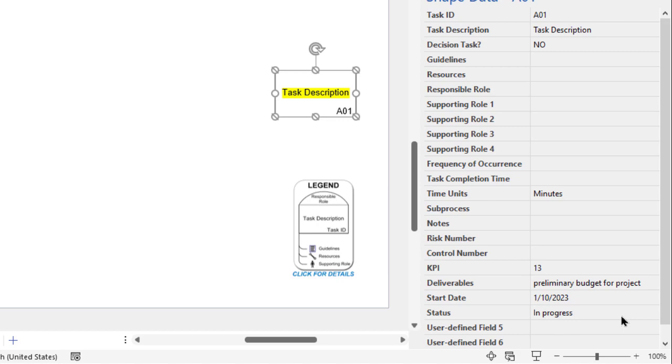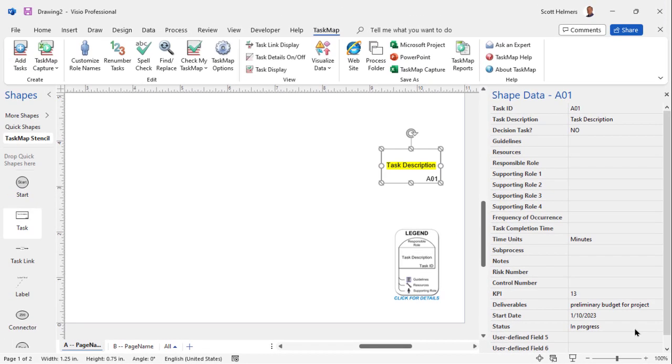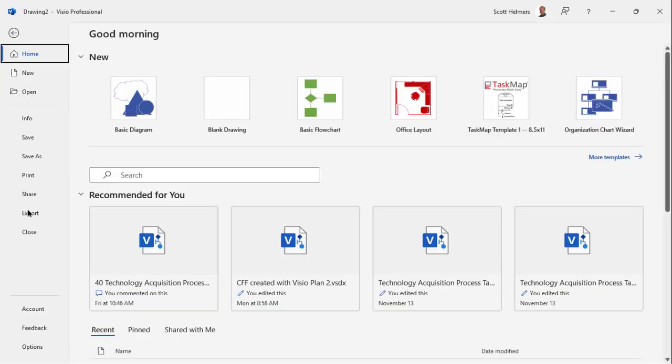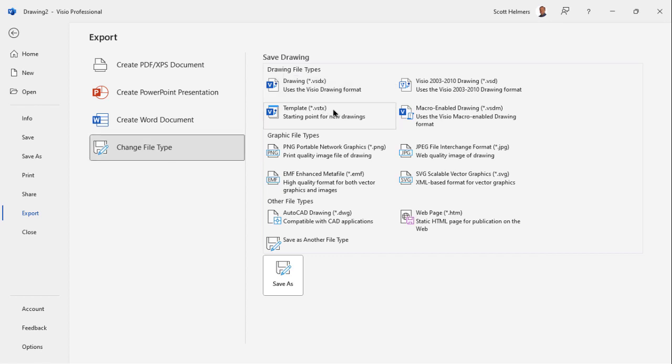You've now created a set of user-defined fields for the tasks in this map, and these fields apply to every task on every page in this map. If you'd like to reuse this set of data fields, one of the best ways is to select File, Export, choose File Type of Template, and then create a custom TaskMap template